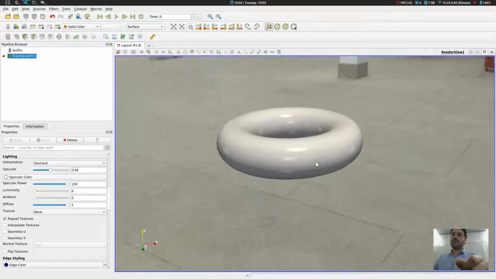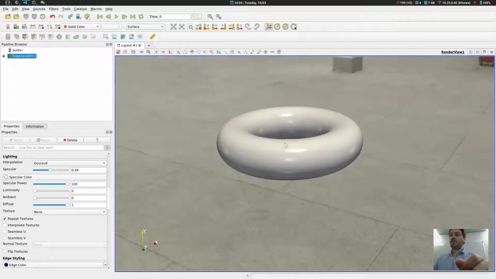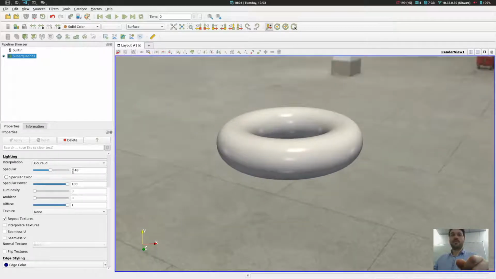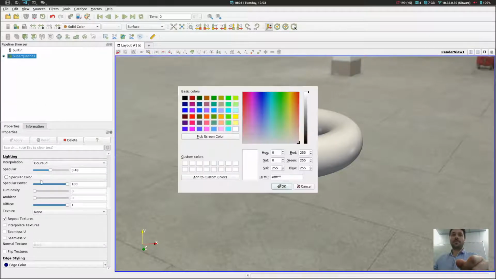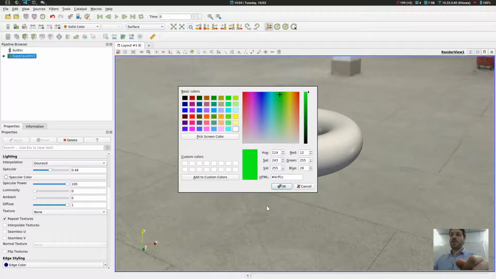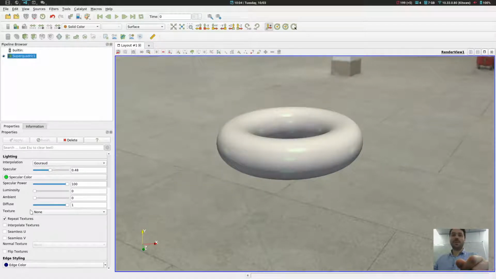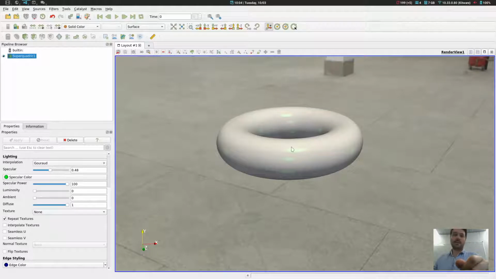But in fact, it is quite difficult to represent some real-life material with those settings, because you can actually create some really weird material with non-realistic colors. So we have introduced in this version a new representation of the material that is called PBR.